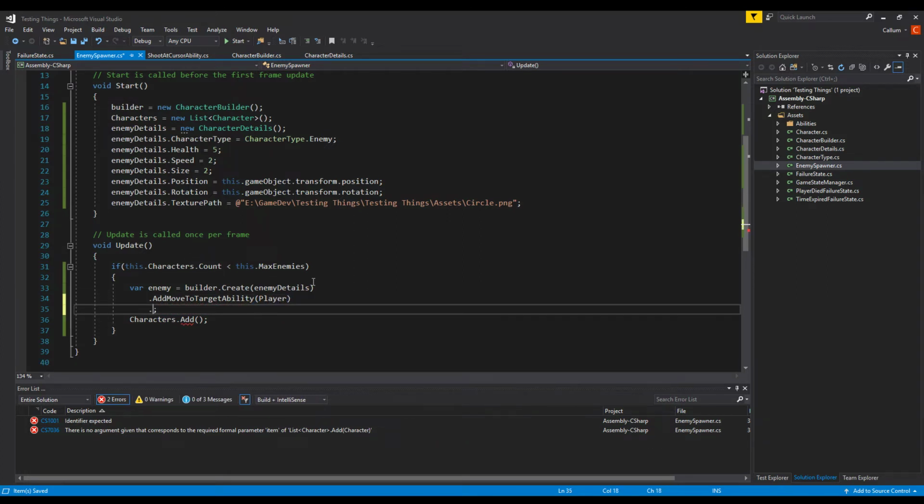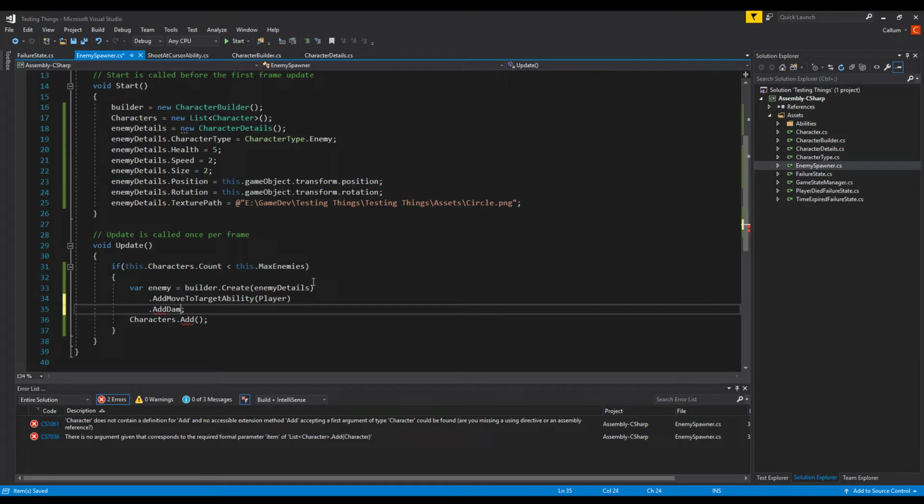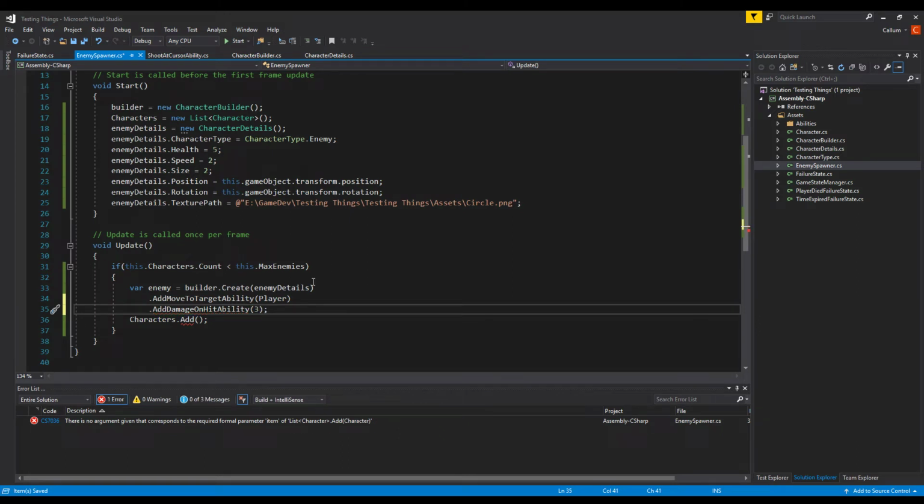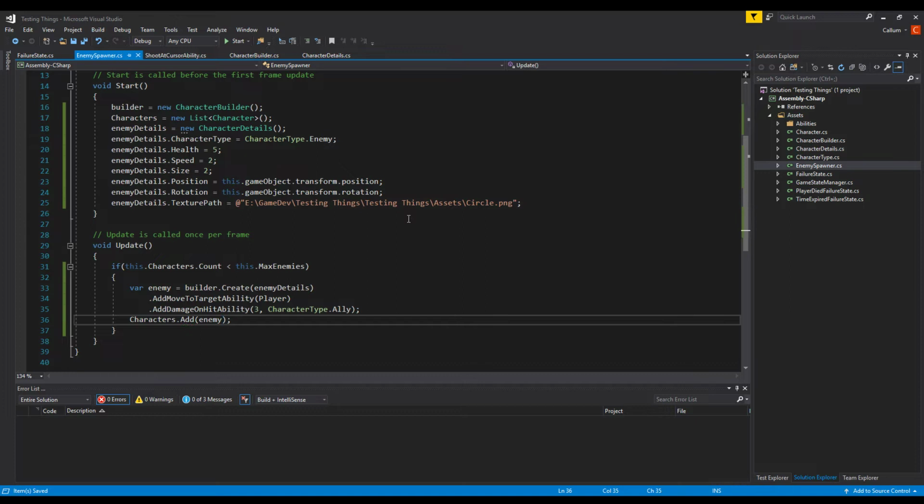And add damage on hit. How much damage should they do? Let's make them do... They did 3 damage before, right? So it took 2 hits to kill us. And they will target allies. And I think that's all they had. They could move and they could damage. Then we'll add them to there. And also,